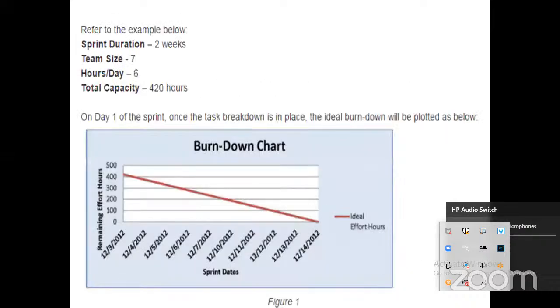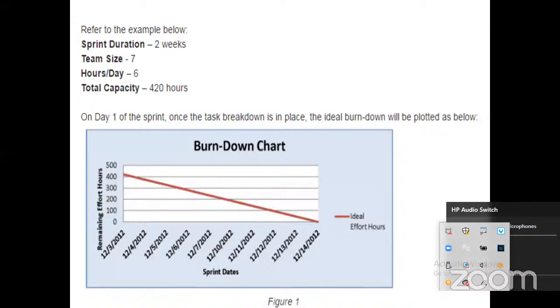Something like this. In Agile methodology, one sprint duration is 2 weeks, let us assume, and the team size is 7. That is the Scrum team. Who will develop these stories? The Scrum team. Scrum team means designer, developer, tester. Daily 6 to 8 hours per day means billing will be given for that time only. You may work for more hours in the company, that is not an issue. But from the client's point of view, he will give billing only for